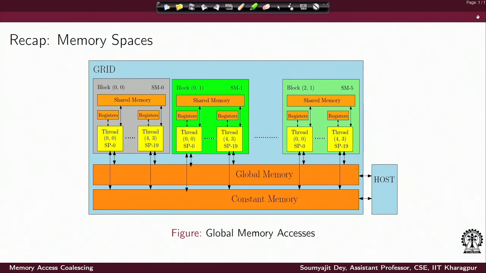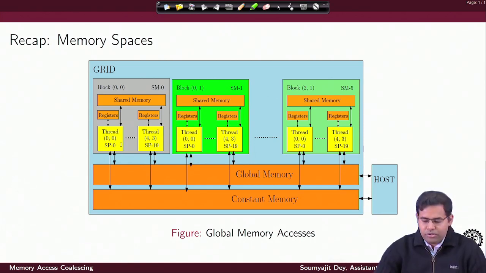One thread block cannot be split across SMs, and so when a set of blocks gets mapped to a set of SMs, in this example we are just showing a single block mapping into a single SM. So, essentially I have a set of threads inside the block which are computing, which are being packed by the low level scheduler of the SM into the units of computing called warps, and each of these warps progresses through the instruction sequence atomically, so that all the threads inside the warp are executing in lockstep with respect to the instructions.